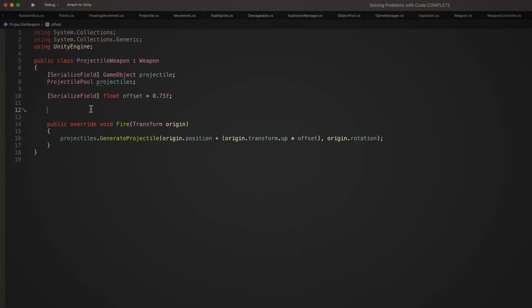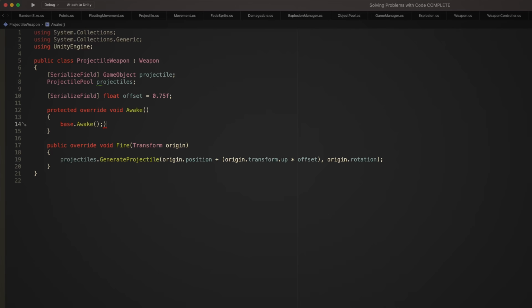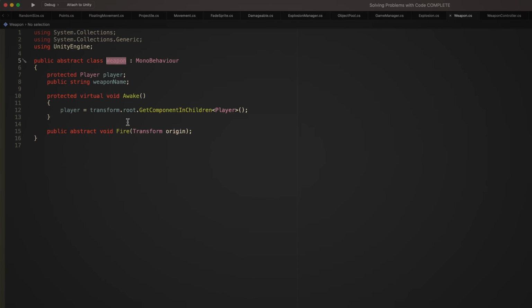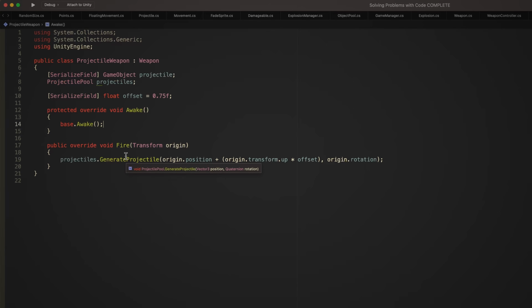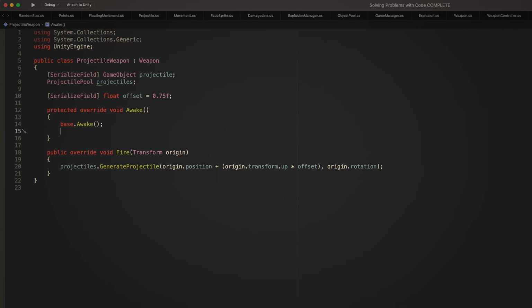We're not adding one to the scene, so we need to add one here. Here's how we're going to do that. Going to call a protected override void awake. And if you remember, the reason that it's protected override is because we already have an awake function. In weapon, we have awake, which is getting a reference to the player, so that we know what the player number is going to be. So it's going to call base awake first, and then